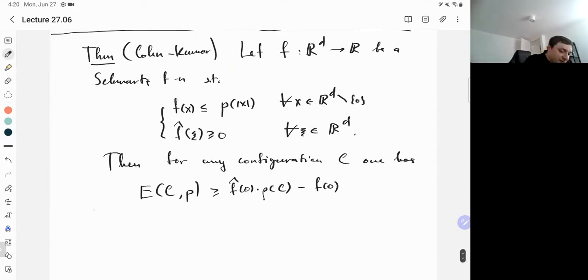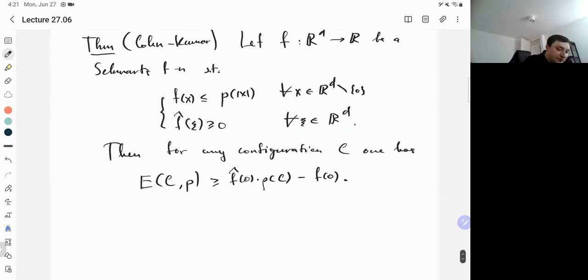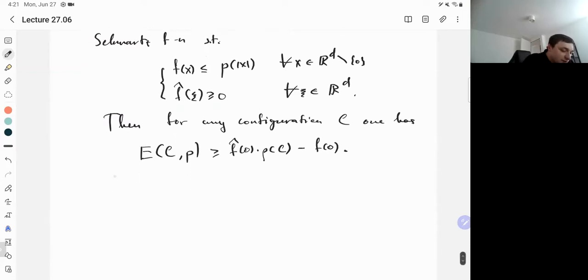So this is their theorem, but I will actually append a small corollary of the proof of the theorem. So in addition, it's a corollary that tells you that this bound in certain cases can be optimal. So if a configuration C is a lattice,